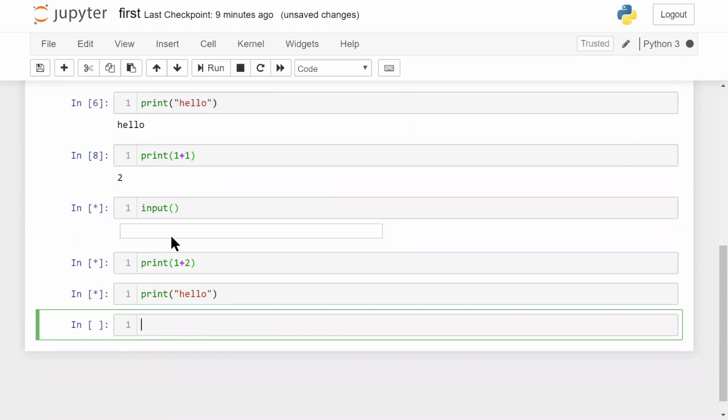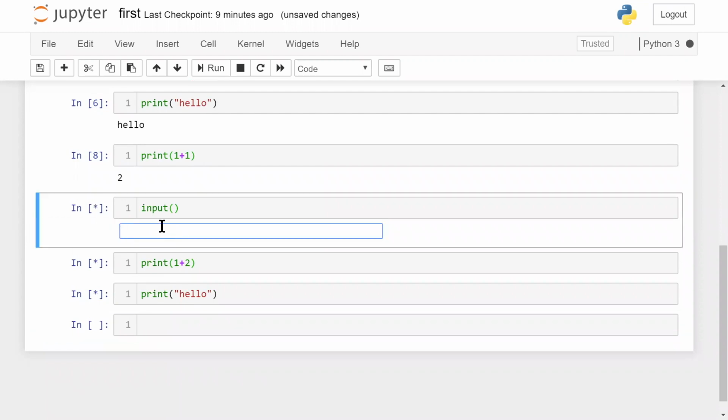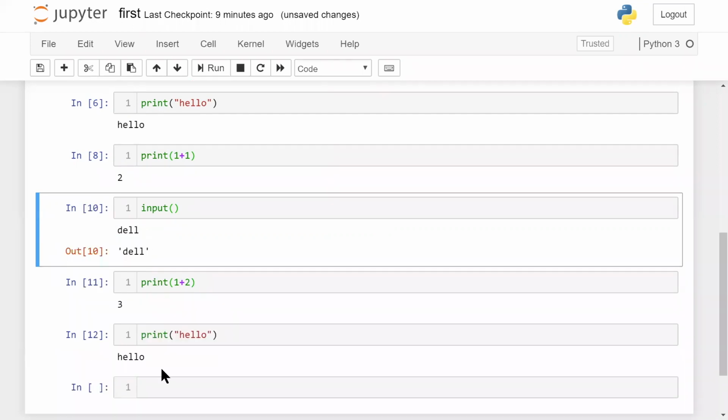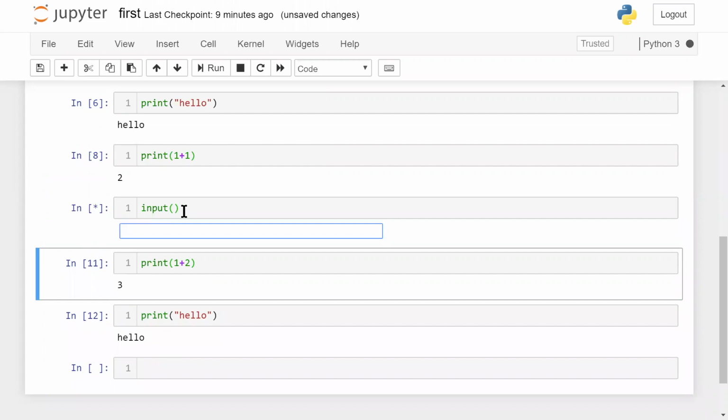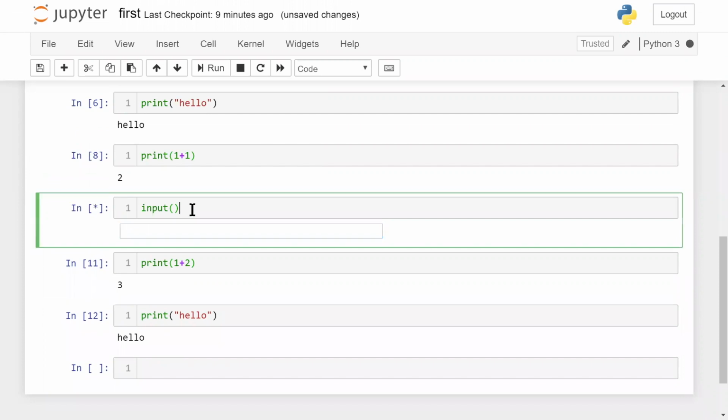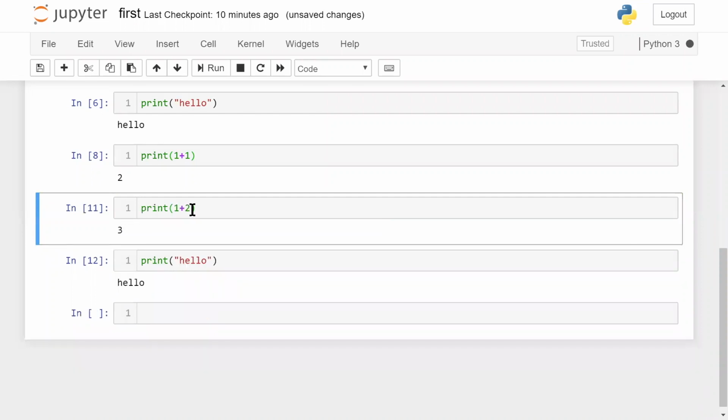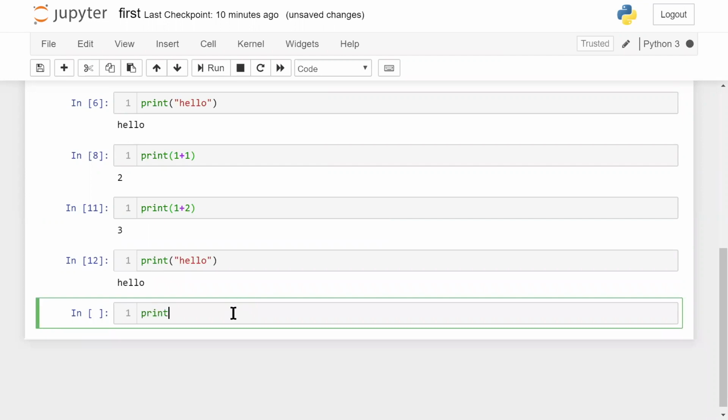So this is a situation where my editor is still stuck at this cell number and the star is still processing. So what should I do? I should actually give any input here, and then this works, this works, this works. Now what might have happened if I don't give any input plus I also delete this cell? Okay, so I'm going to delete this. Now I deleted the cell where I was supposed to give the input.